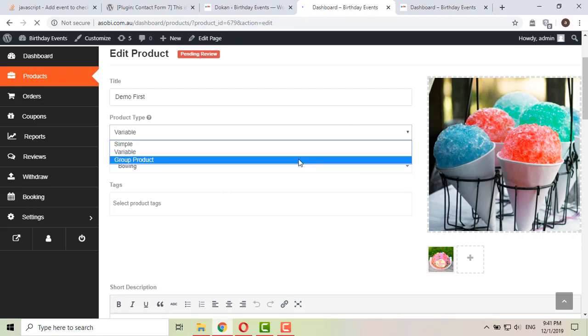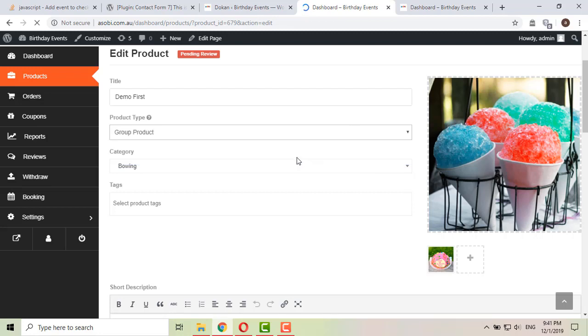Or this product can also be a group product. By group product, it means that 2 or 3 products will be sold as a bundle, like I have shown you previously, there are some products that are bundled, such as a birthday venue and similarly a cake, and things like that.